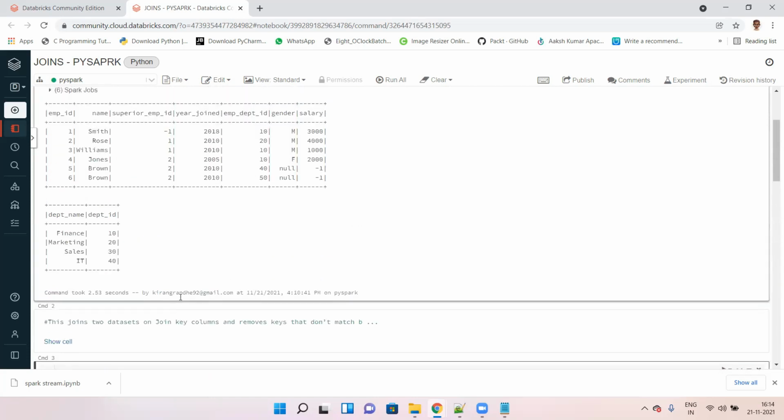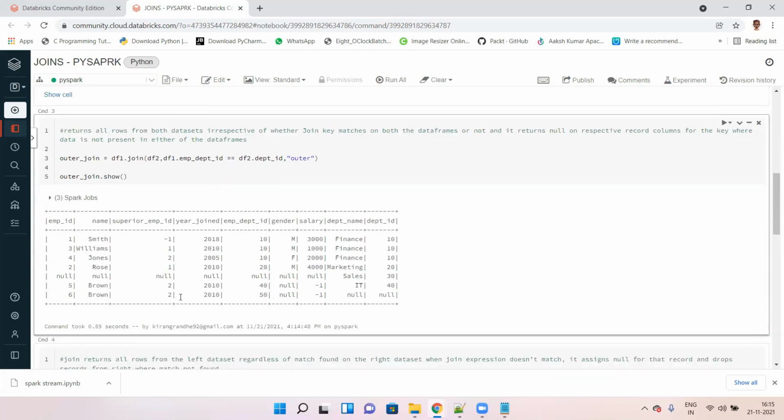As you can see here, department ID 50 is there, but we don't have it in the department name, so we got null. So we got 50 as well, but we got department name and department ID as null.